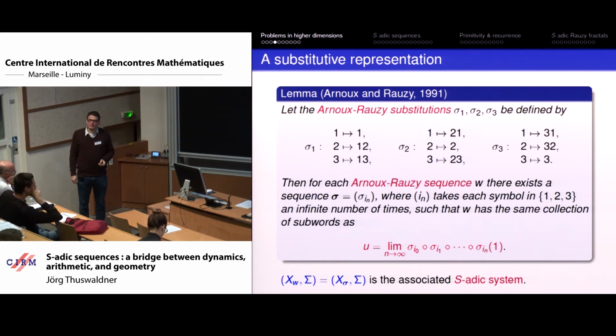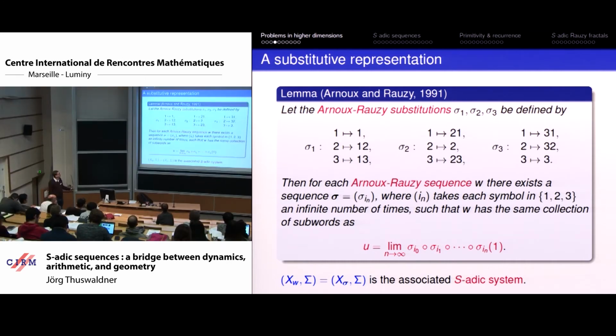Again, we can recode these Arnoux sequences by substitutions. Instead of 2 substitutions, we get 3 substitutions. But if you look at them, this is a very nice analogy. If you just cut out this piece here, you see the Sturmian sequences again, right? This is just 3D Sturmian sequences. So it's cooked up in a way that it's as close as possible to the Sturmian case. And the first nice result is